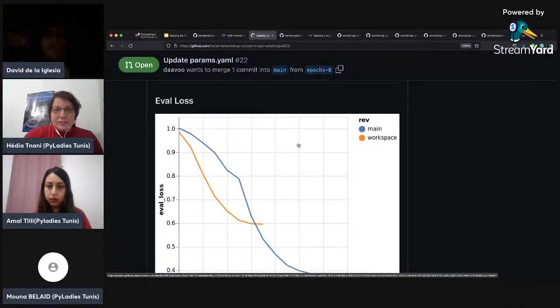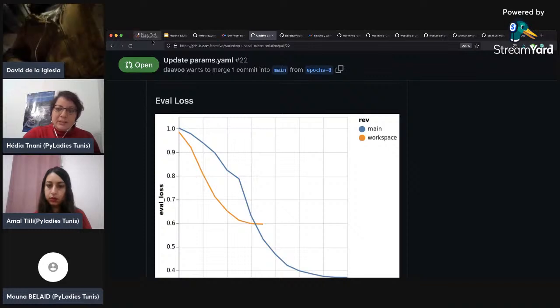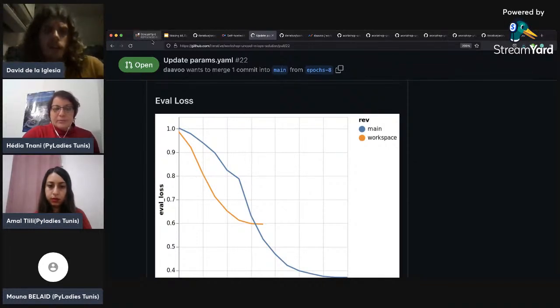We have a question. Sure thing. So the question is, what are the advantages of CML versus MLOps using Kubernetes, Airflow, or others? Okay, so